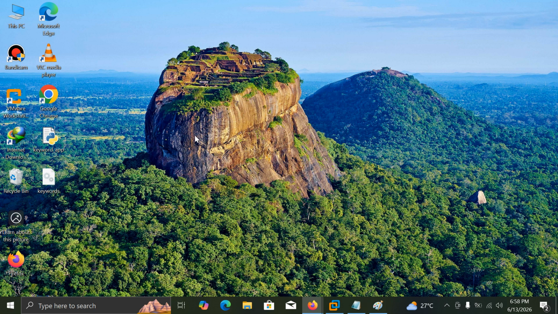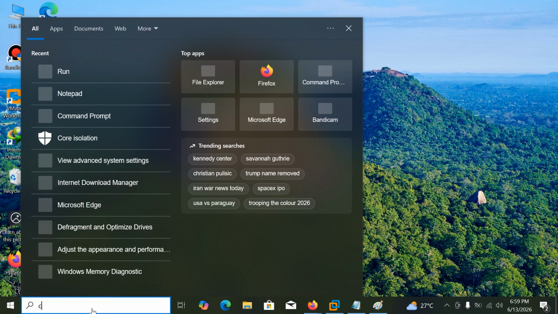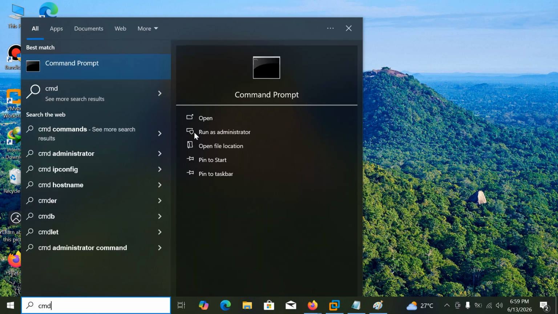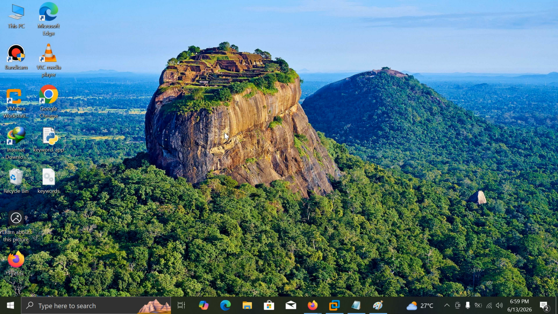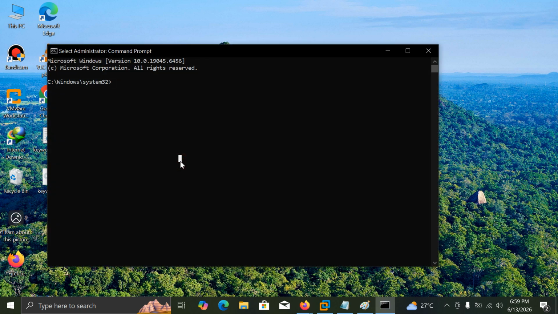The sixth method is to run SFC and DISM system file repairs. To do that, again go to the search bar, type cmd, and make sure to run it as administrator. Then type DISM.exe, all in capital letters, space /online space /cleanup-image